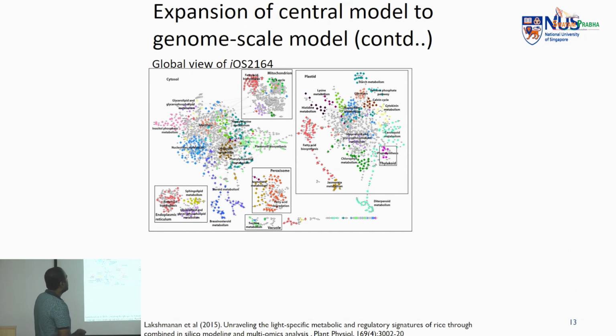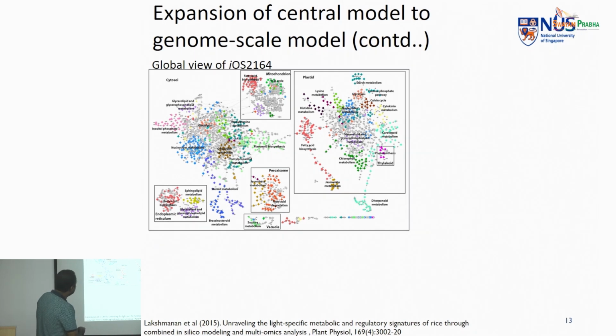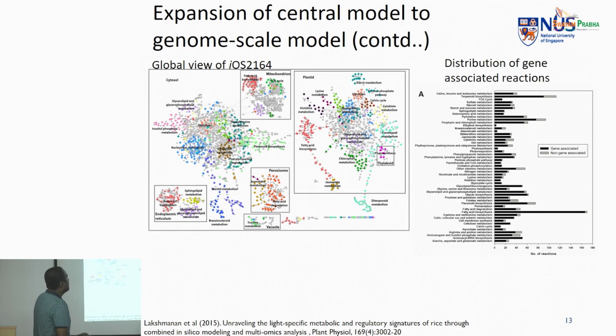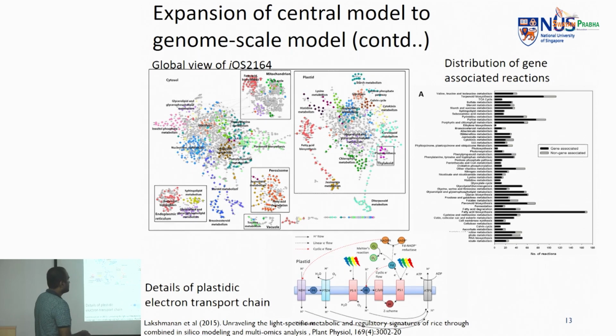So for this, first we built a genome-scale model of rice. This shows the plastid, and maybe this is a mitochondria, ER, and so on. Different colored nodes indicate the different pathways. This shows that plants have a very big metabolic component within the plastid itself, which is almost equivalent to what you find in the cytosol. So they have a very critical role in plant metabolism. They also have duplicate pathways like glycolysis, lipid metabolism, and several others, with a duplicated version in the plastid as well. And then this shows the number of gene-associated reactions.